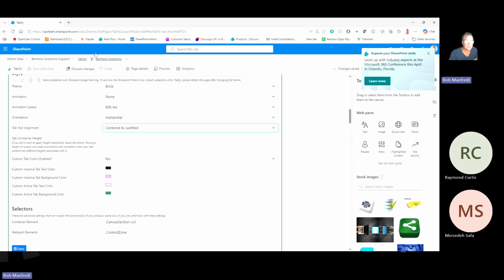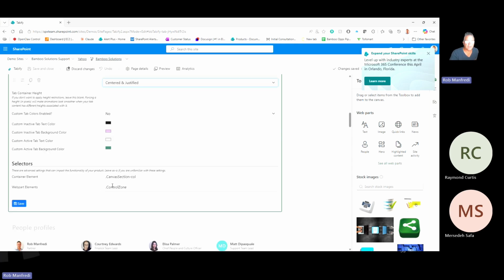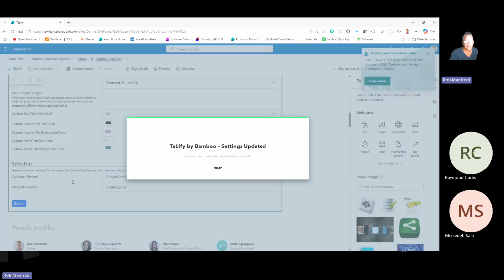What this does is it doesn't take the style of the SharePoint that you have, but actually allows you to create a custom tab color if you like. Most people just keep it in there. Now this lower part, don't worry about. This is for future proofing the container elements and web part elements so that we can change that without having to update the web part. So if I go ahead and save that,